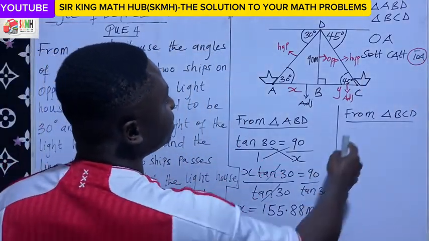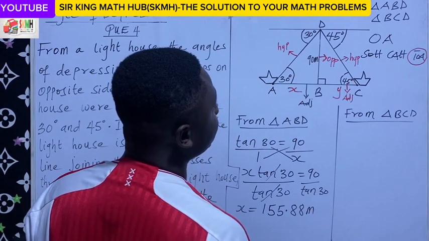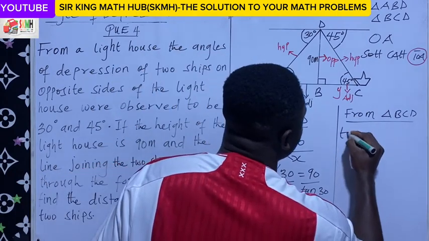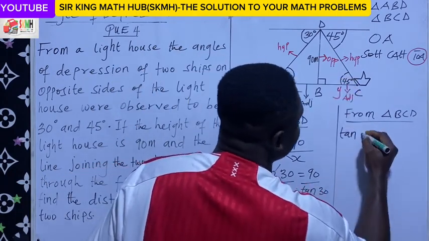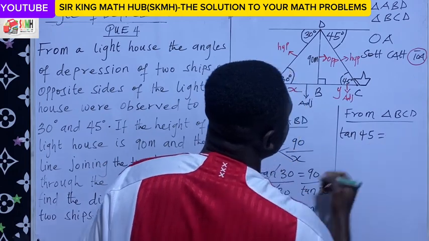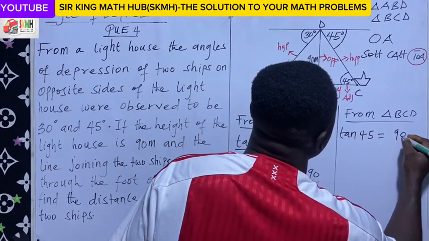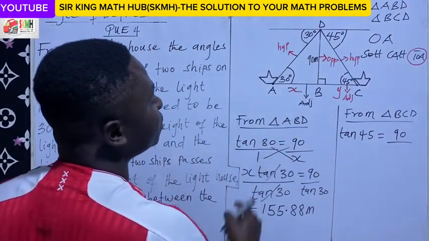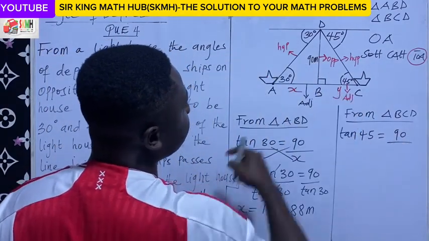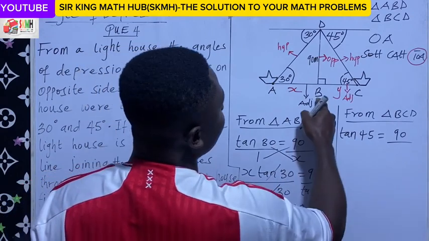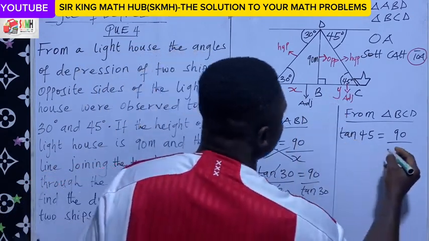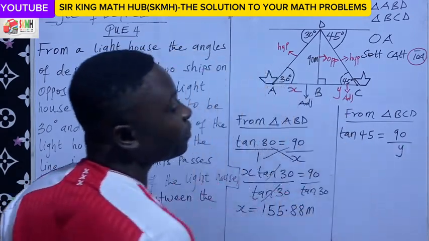So again, from this second right angle triangle, triangle BCD, the tan of the acute angle, which is 45, is equal to the length of the opposite, which is also the height of the tower, divided by the distance between point B and C, represented as y. We are looking for y,